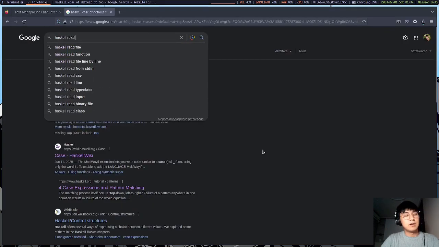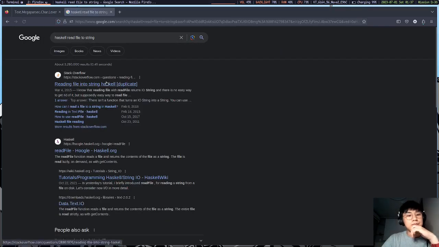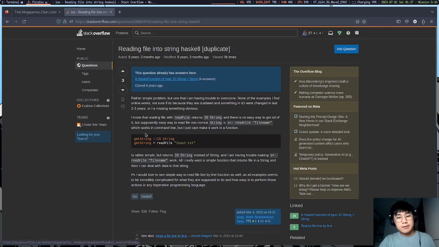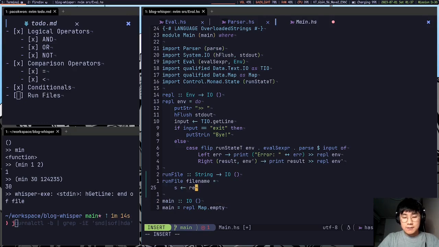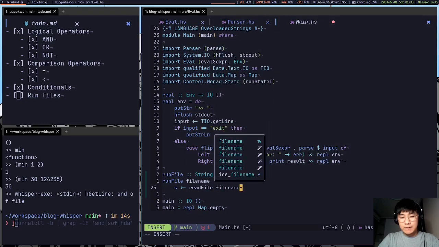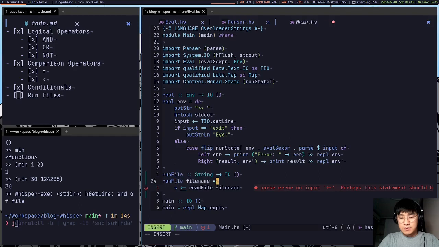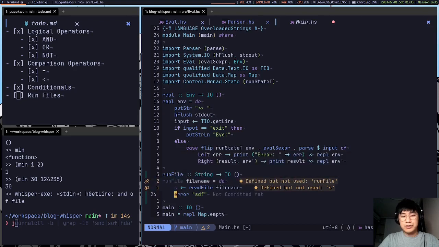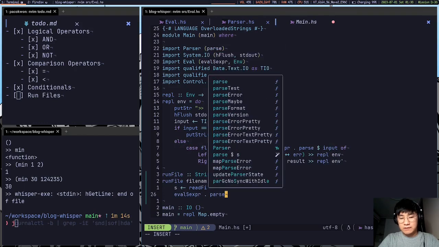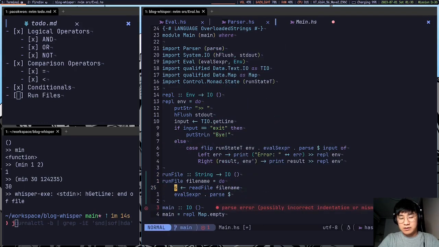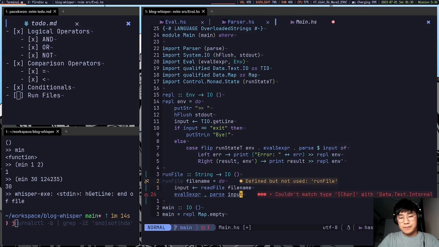Haskell read file to string. Simple as that. Read file, file name. Do. It's a string. Now we eval s expression after parsing. Source. Let's just go with input. And then